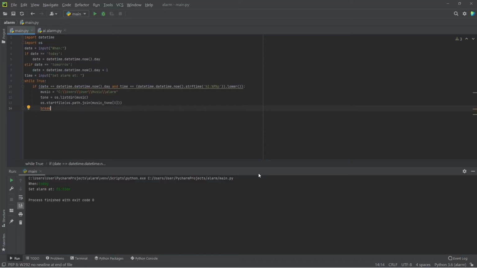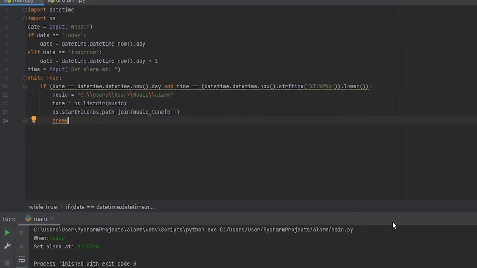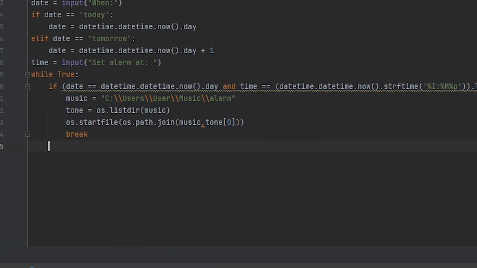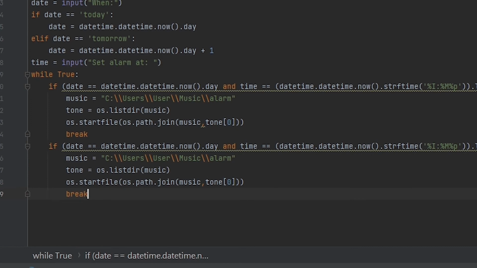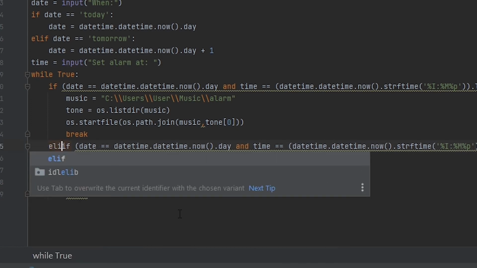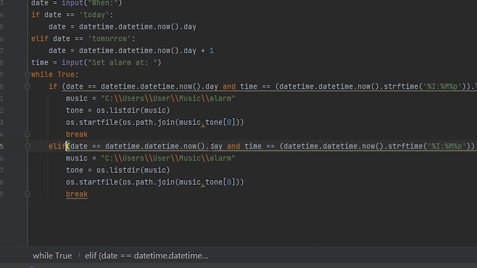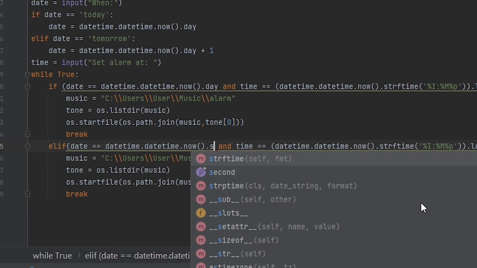Now, how can it set an alarm for a specific date? Well, it's easy. First, copy the condition and paste it underneath it. Change if to elif. Then come here after now.day, erase day, then say strftime,